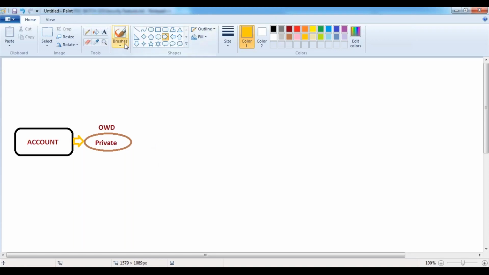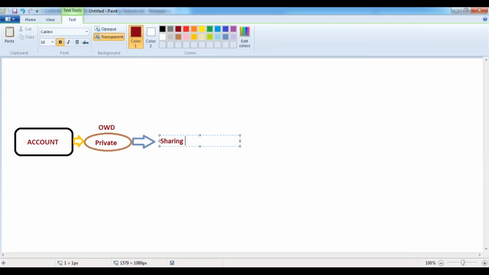So in this case, Salesforce has given a feature called the sharing feature, also called sharing settings.